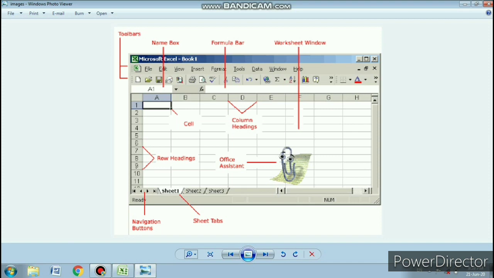Or suppose you want to type different types of data where the headings and data types are totally different from each other, you can use Sheet 1 for one type of data and Sheet 2 for another type of data.